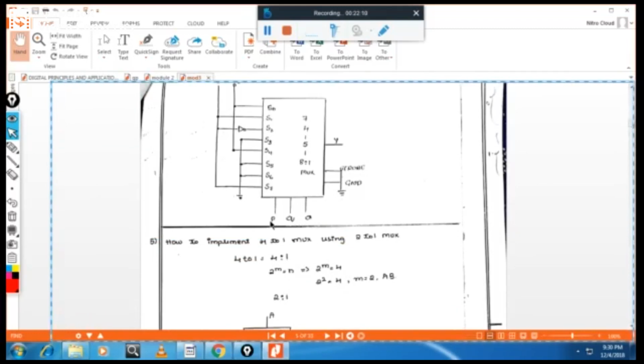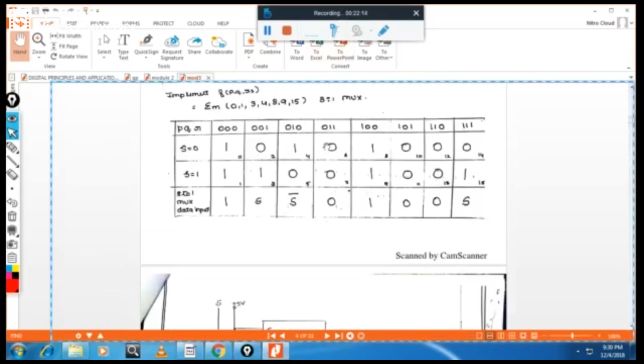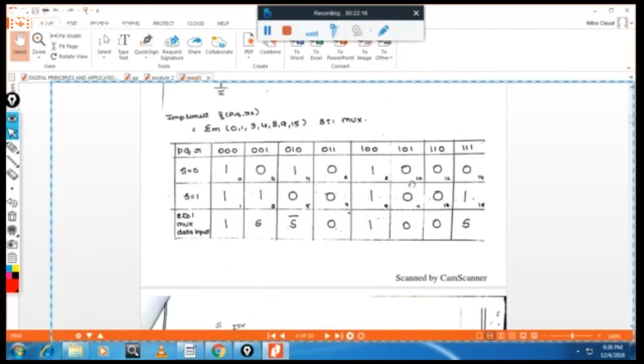So you can follow here either lab method or you can follow this method also. In your prescribed textbook, they followed this method. So better to follow this method in the exam also, because the person who sets the paper has to follow the university rules. That's why he has to follow the prescribed textbook. So better follow this method.